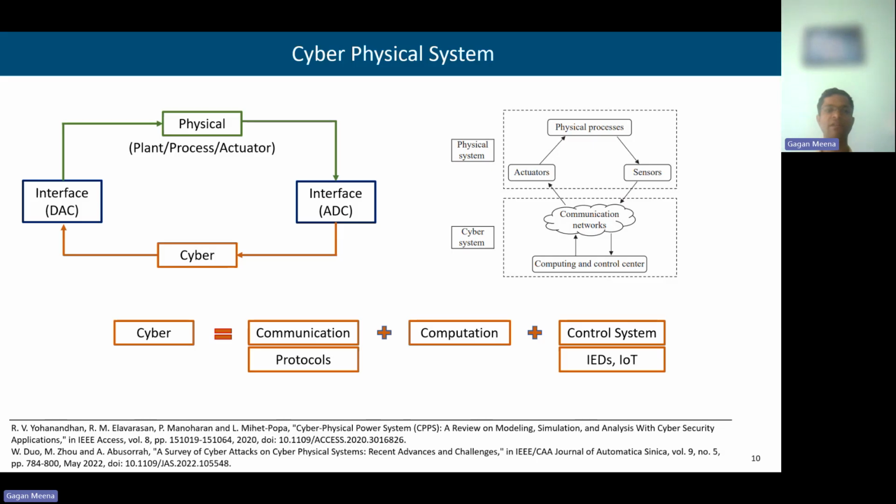The same thing is shown in the second figure also, that there is a cyber system and there is a physical system, where physical processes are happening through actuators and sensors, and then there is a communication network between the physical layer and the cyber layer. The actuators in the physical system receive information from the cyber layer, and then the actuator performs some function, and then again